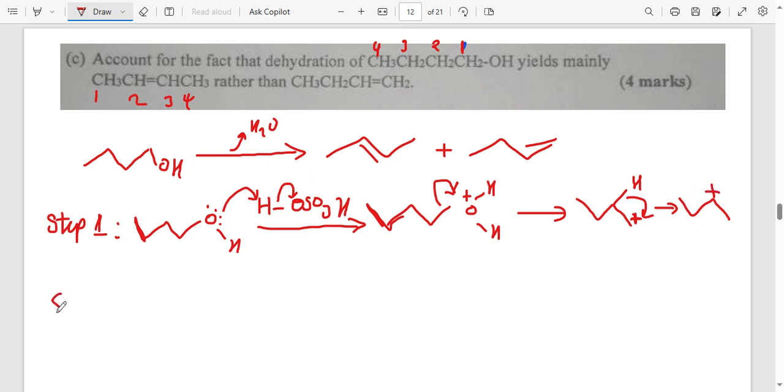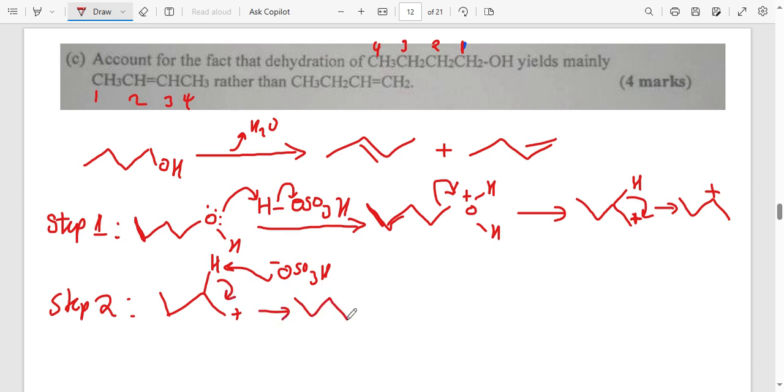Okay. And then in the second step, that will be step two, this positive charge is going to be able to. So every time you are forming an alkene, just look at one step away from where the positive charge is. For example, here there's a hydrogen. Your acid, the conjugate base that you formed from the acid, is going to come and grab this proton. That will break off this bond, and that is going to form this thing. Now this is going to be the minor product because it is being formed from a primary carbocation,